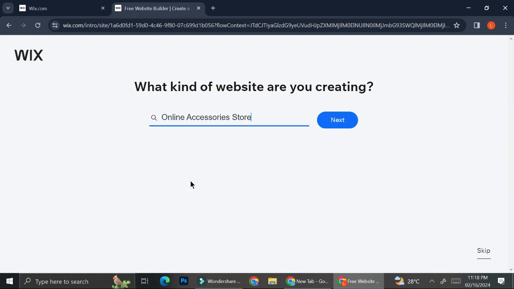So what it does right here is that it's going to offer you templates that are going to match your store categories. If you have, let's say, a bag online store, the templates that are going to be offered to you later are going to be the ones suitable for a bag online store. If you're trying to create a bakery, they're going to give you templates for a bakery, etc. You got the idea. I'm going to choose online accessory store for now,